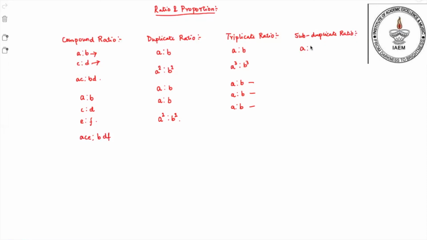If we have the ratio between two terms, A is to B, the sub-duplicate ratio is given as root A is to root B. The sub-duplicate ratio between terms A and B, that is A is to B, is given as root over A is to root over B. Similarly, we have